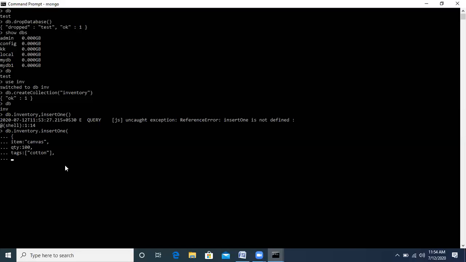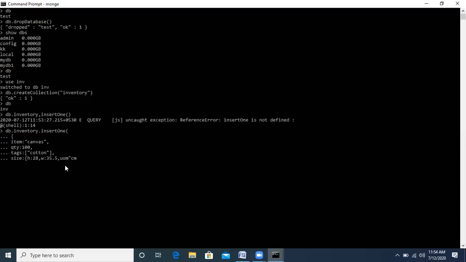So cotton. Now size. Inside the size, I will mention h for height, that height is 28, comma, I'm using w for width, suppose 35.5, comma, then uom stands for unit of measurement.